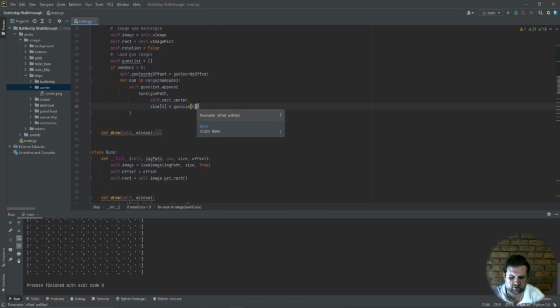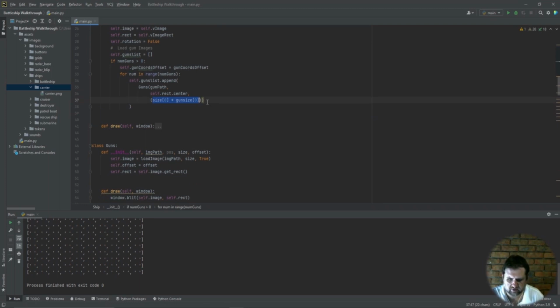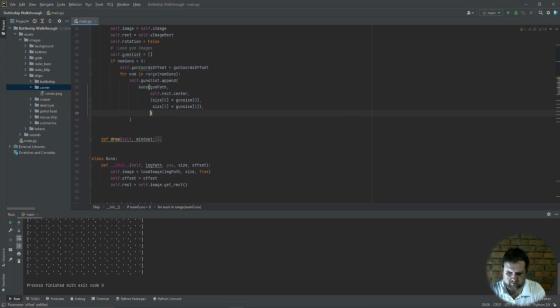So now we're making it so that the size X and size Y are multiplied by gun size Y. So we've got the gun path, the position self.rect.center, then the size, and the last argument we need to give is